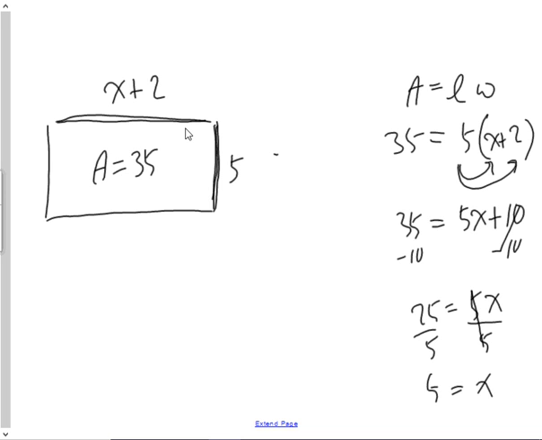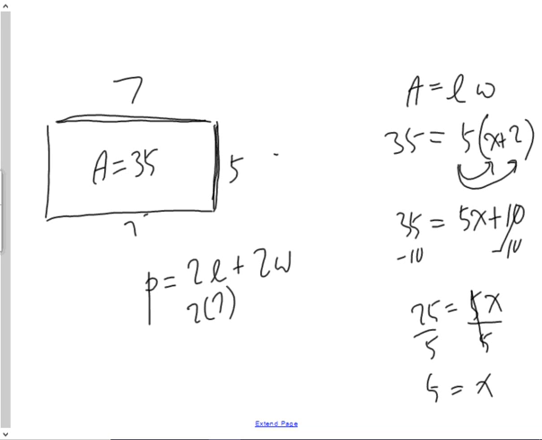But once you know your x value, take it over here and substitute it. So x is 5, so it goes here as 5. And that would make this length, if it was 5 plus 2, this length is 7. And the perimeter will be 2 lengths and 2 widths, or 2 sevens, because this is 7 as well, and 2 fives, because this is 5 as well. 2 sevens will be 14, and 2 fives will be 10, which means the perimeter of this particular rectangle is